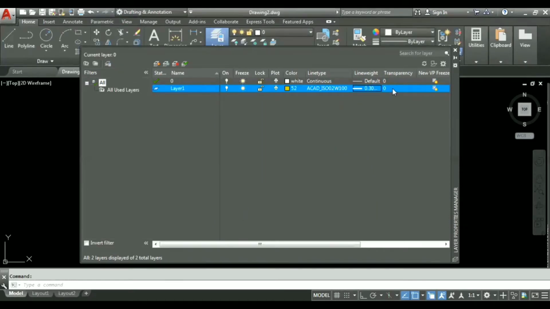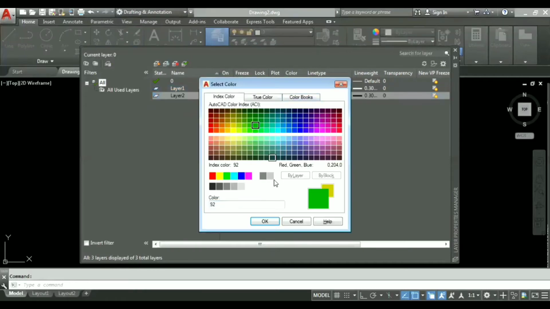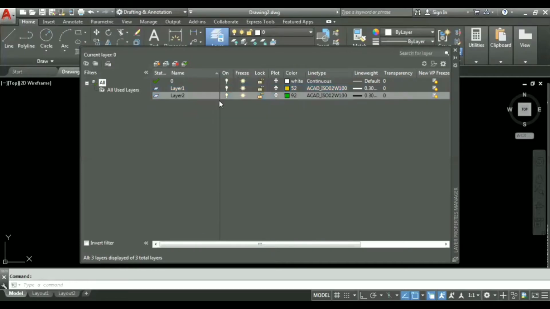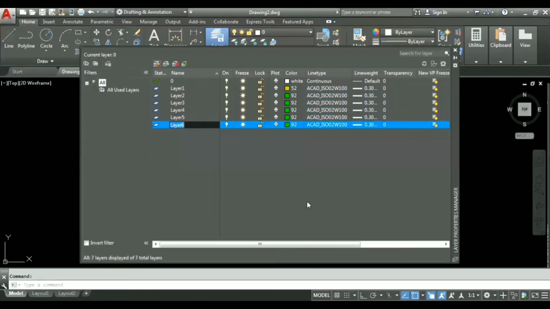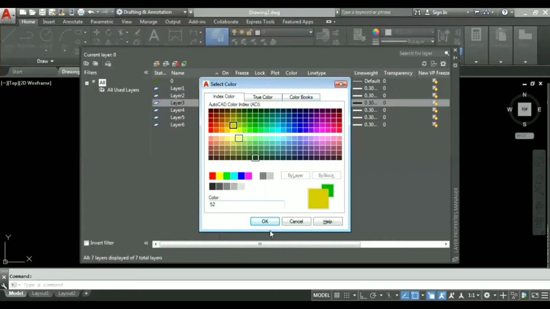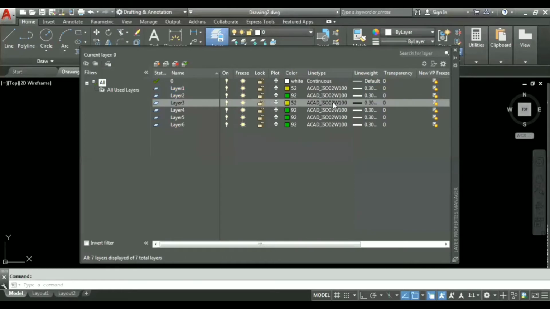We will see transparency later when we create some more layers and draw some objects. Now if I again click on New Layer, it has created Layer 2 with the same properties as Layer 1. Now if I want to change some properties again, I can change them directly from here, or I will leave it as it is. I will add three to four more layers over here. Now I will assign different values to them, so I will change a few random things in this layer.